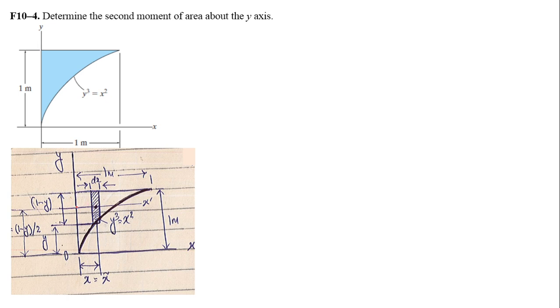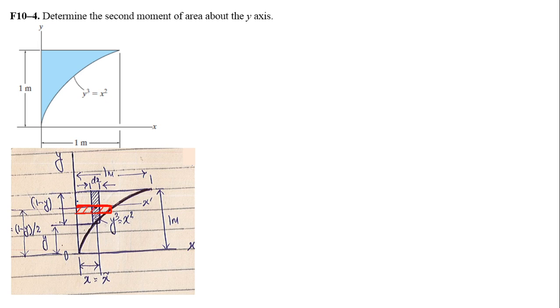However, if we had taken this kind of a strip, that is, a horizontal strip, which is not parallel to the y-axis but is now parallel to the x-axis, so it is perpendicular to the y-axis, you would notice that